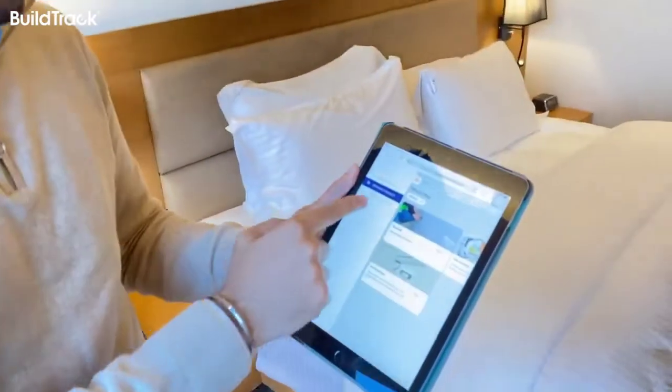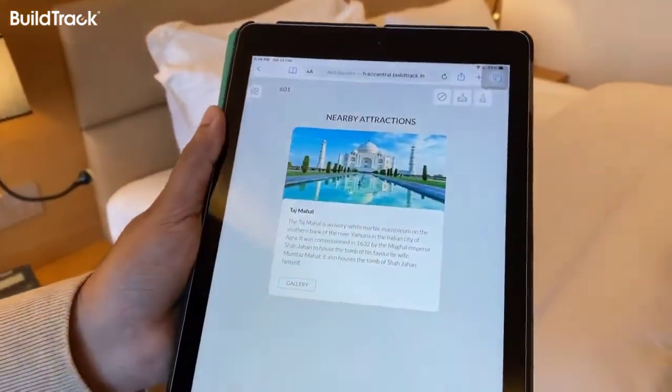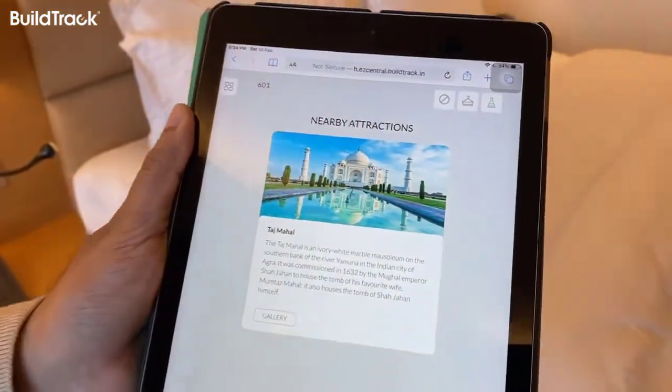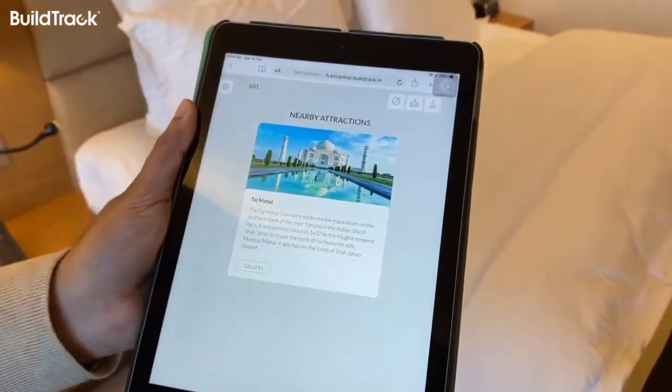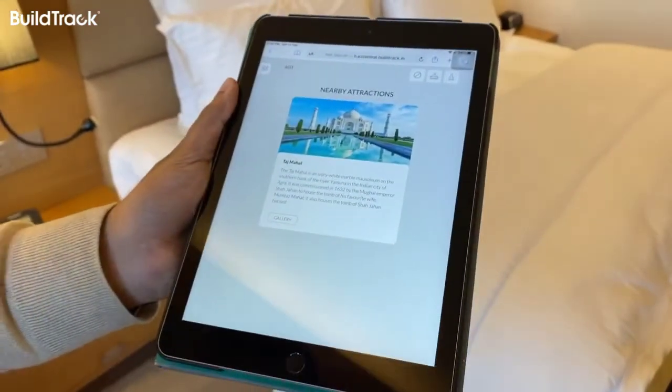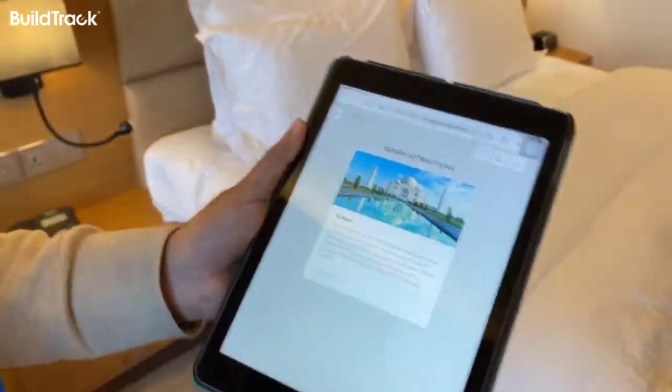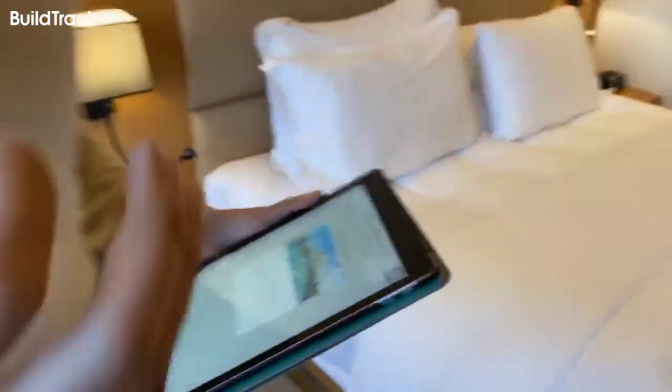In the same app, we also integrate places to visit nearby. We can also run promotions that are going on in any restaurant, bar or banquet. All the promotions can be integrated in the same app. With this app, you can scan a QR code, and a temporary access will be given on your phone. Wherever you carry that phone, your whole room will come on your smartphone, and you can control everything right from your fingertips.